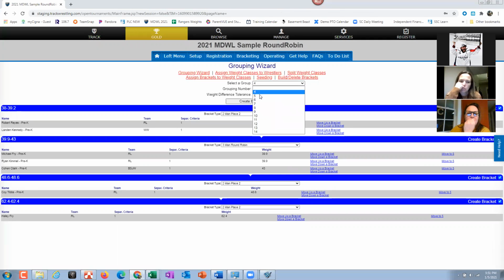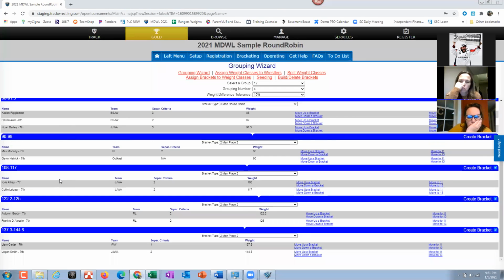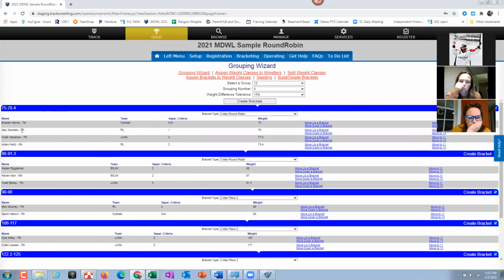So let's go to that 12-year-old weight class that we looked at. We can go through. What I did basically here is I tried to put people together that I could. The goal that we agreed on is that for the most part, because we had 2 big teams, and that's probably going to happen with you, Danielle, you're going to have a lot of people wrestling each other. So the goal was at least someone in the bracket was different. So there were times I would have something like this where I'd have 2 people from BSJW, but at least there's one JWA person. So these 2 will wrestle each other, but at least they'll get one person that they don't. Now I will tell you there were 2 or 3 brackets that were only JJWA people.